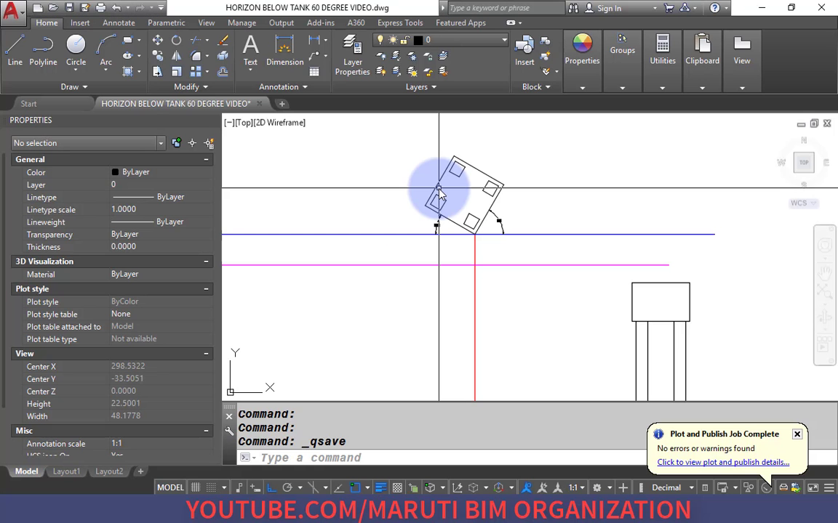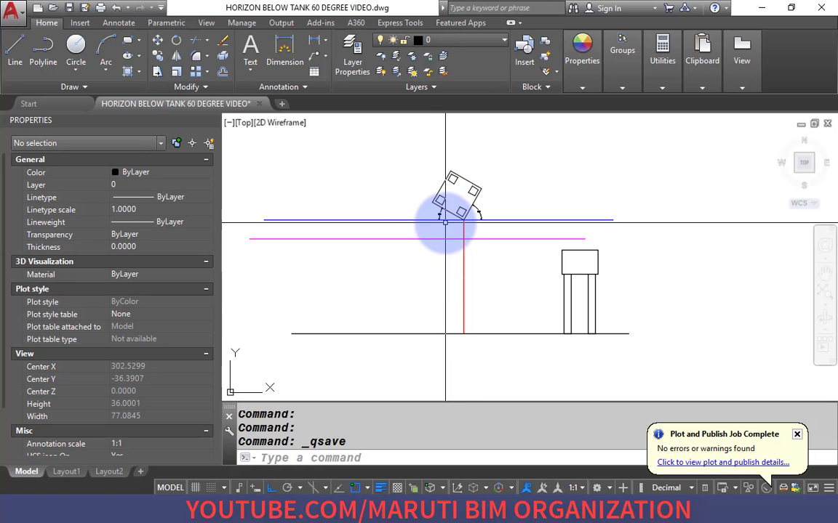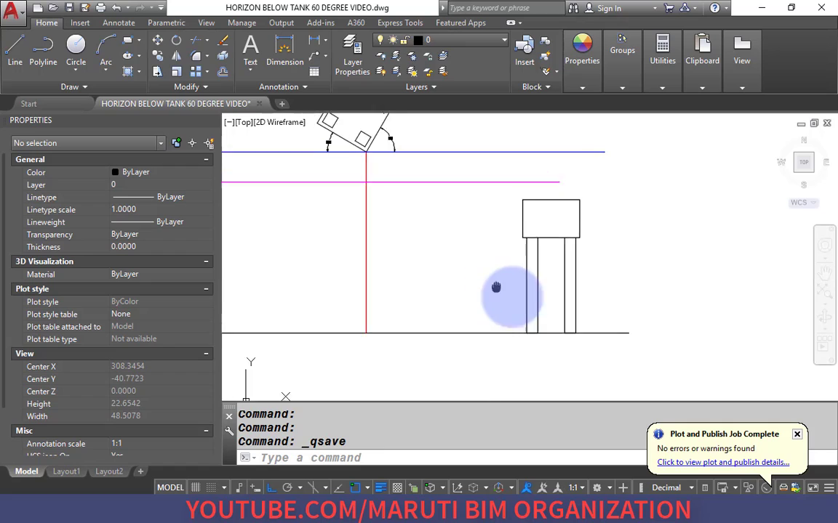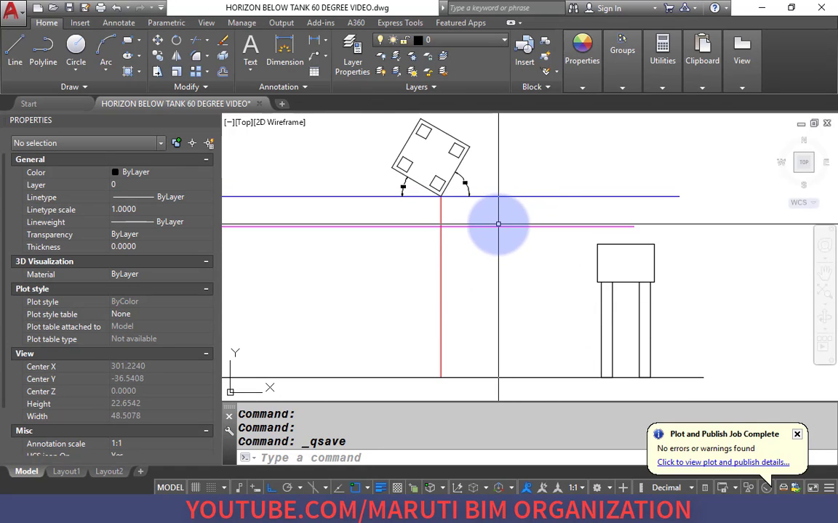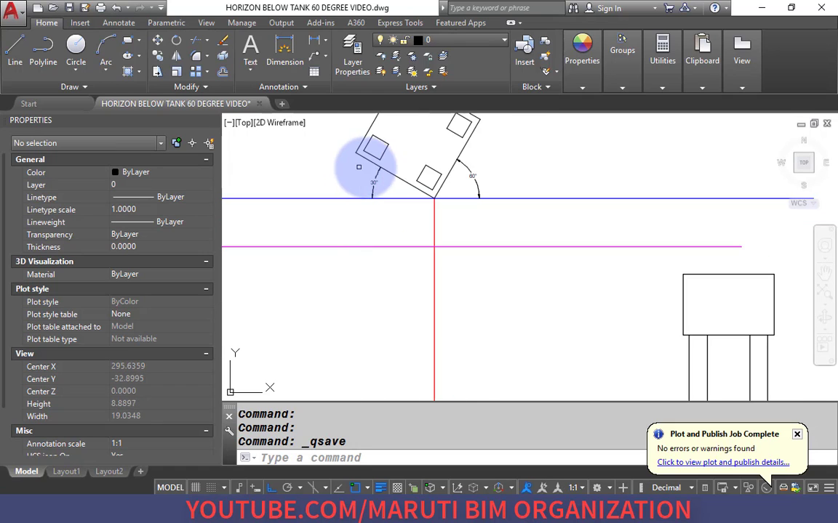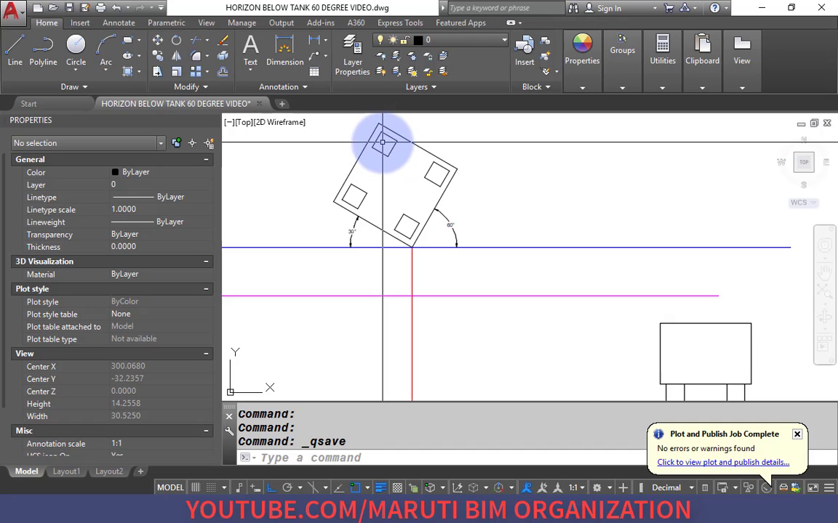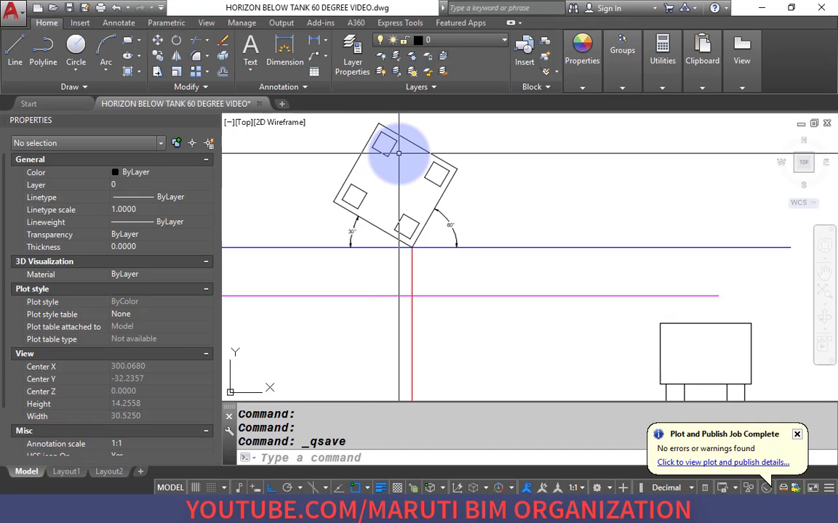So we will go to the AutoCAD. I have kept it ready up to this level. Our plan has been drawn, the side view has been drawn, and I have set the horizon at the top of the tank. Now we will start how to draw these things. Here, as this column and this column are not in the same position, so what we are going to do,